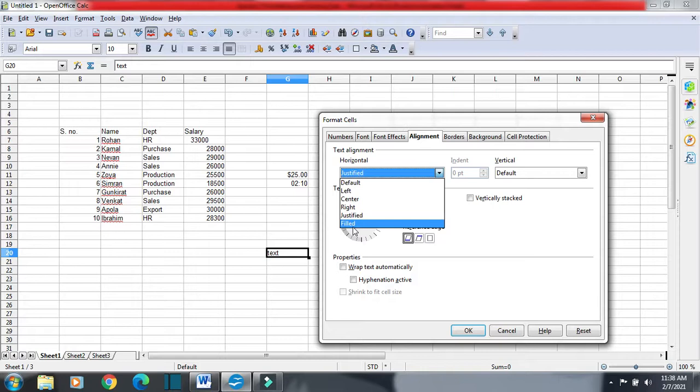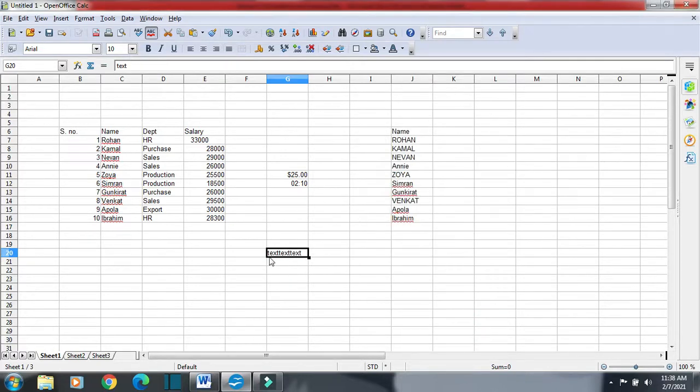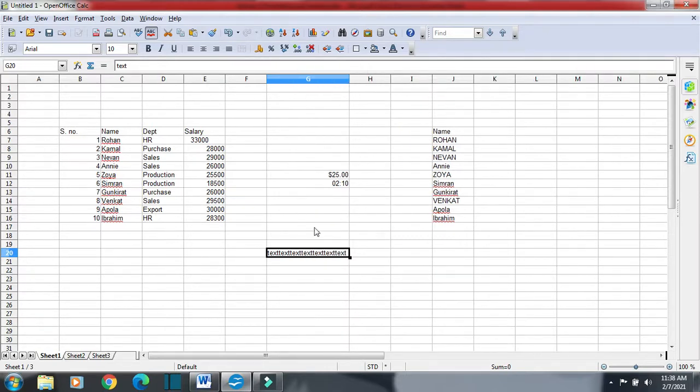So it will fill this same value text again and again until the area of the cell is filled. You can see it has entered this same value again and again, until the area of the cell was filled. If we increase the area of the cell, you can see it will again fill the area of the cell.